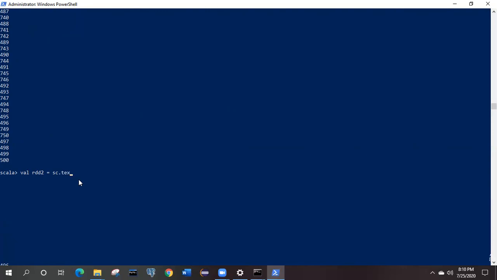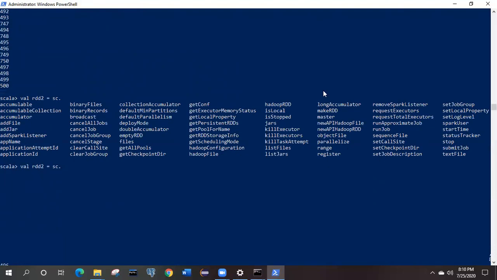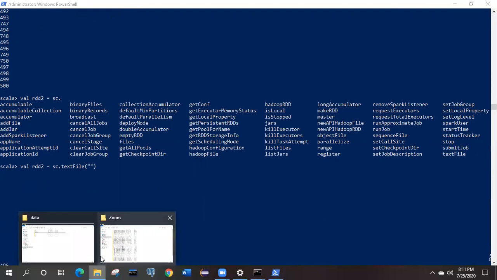If you want to see the available methods, simply after the dot press tab, and here you will be able to see this API. So we have textFile. We are going to create the RDD by making use of this textFile method, by reading the values from a particular text file. Which text file can you read? You can read any kind of text file.